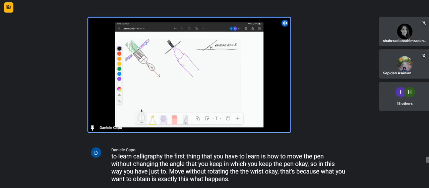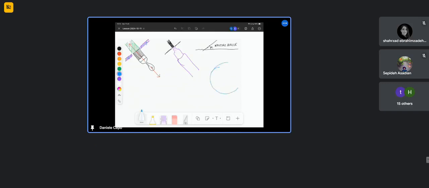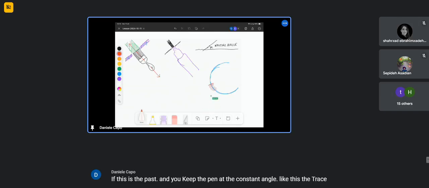What happens when you move a tool like this on a path that is curved? If this is the path, and you keep the pen at a constant angle, like this, the trace that you leave